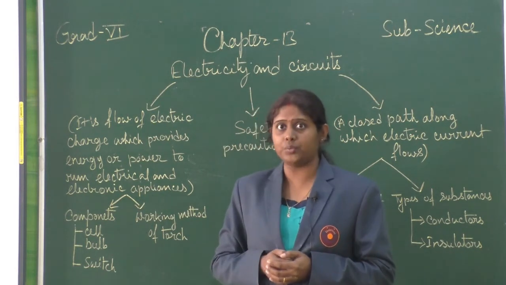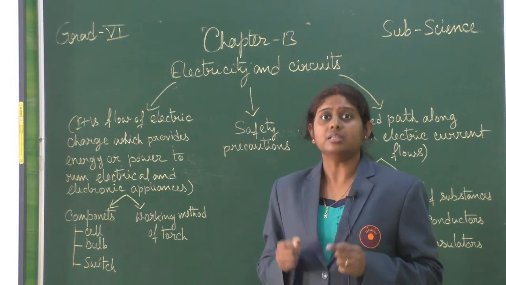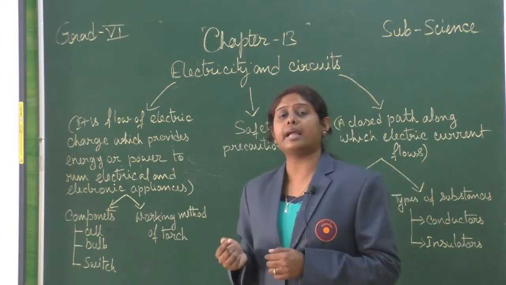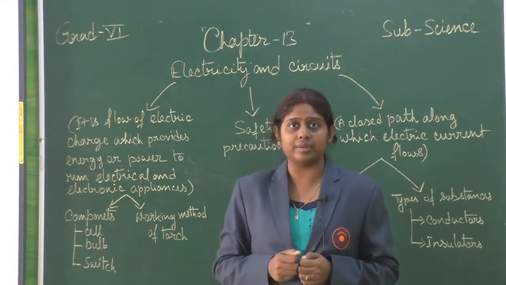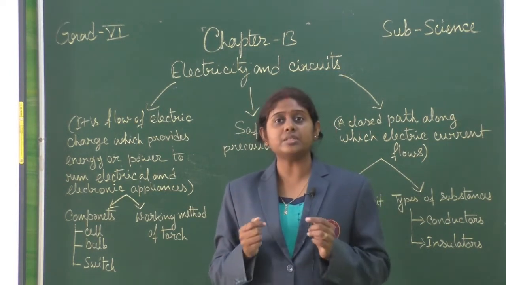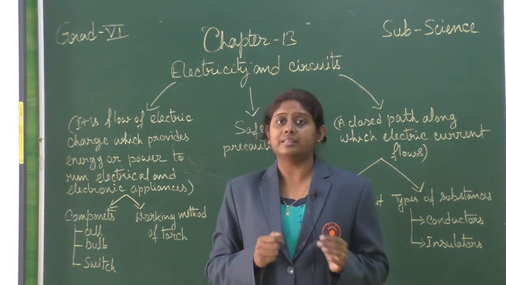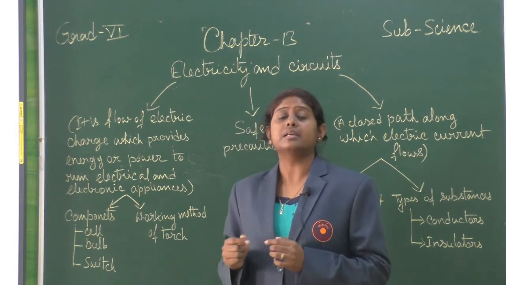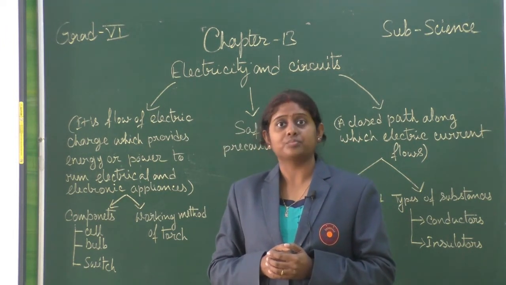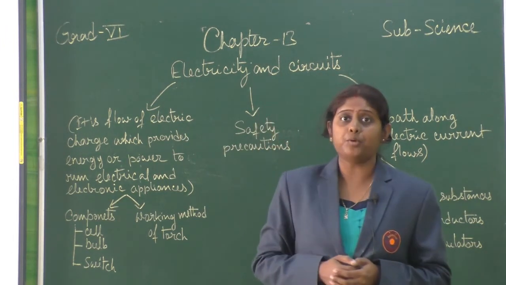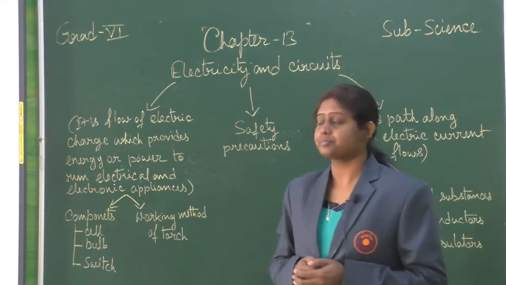Secondary cell, the second one. In the secondary cell, the chemical reaction that converts the chemical energy to electrical energy is reversible. So, the secondary cell can be recharged and used repeatedly. Thus, it is termed as the accumulator or storage cell. Example, in laptops and mobiles, we are using this type of cell.